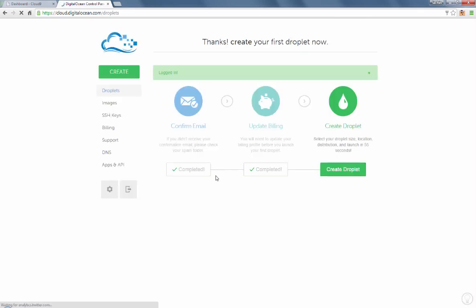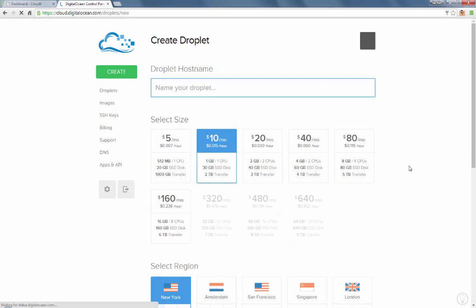Cloud instances in DigitalOcean are called droplets. So spinning a droplet essentially means creating a new cloud instance. And it's as easy as 1, 2, 3. Make sure you've confirmed the sign up email that they send and have a valid credit card linked up as well before proceeding. Once done, simply click on Create Droplet to begin creating the cloud instance.